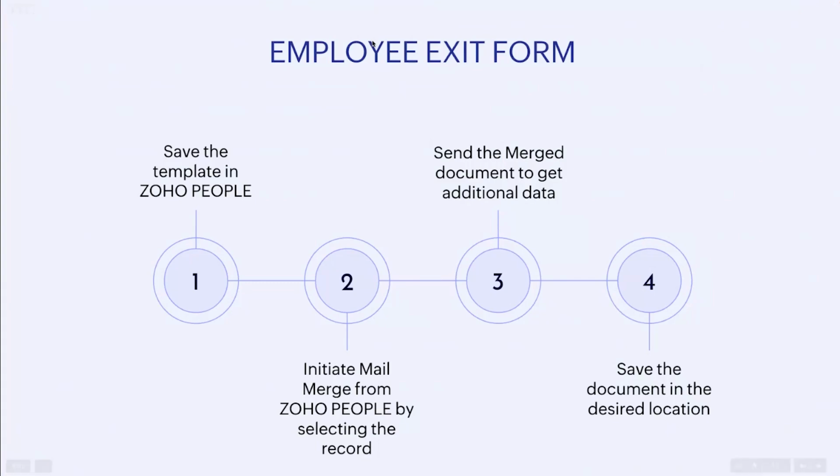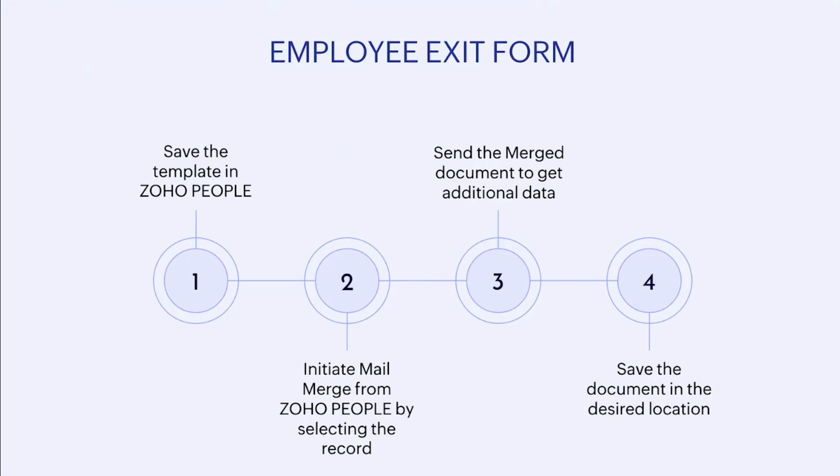So, let's also see how this can be achieved. You can just save the template in Zoho People, and then you can go ahead and initiate mail merge from Zoho People by selecting the record that you require. You can select either a single record or multiple records based on your preference. Once that is done, you can select the merge document and then send the document